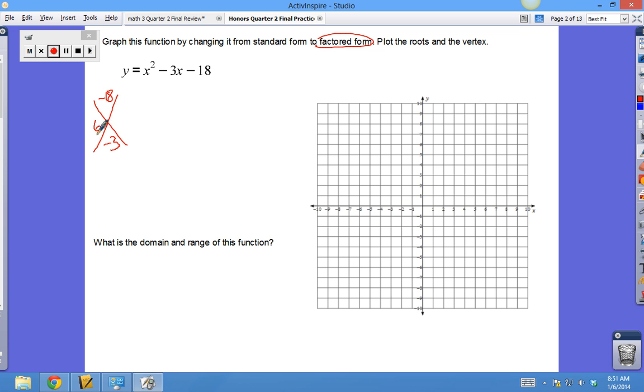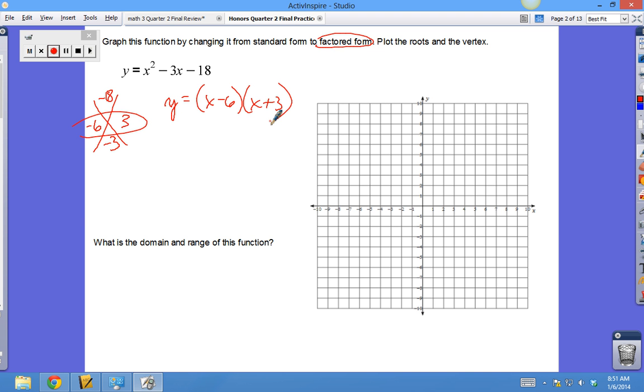I think a 6 and a 3 is going to be 18, and I want the 6 to be negative. Negative 6 times 3 is negative 18. Negative 6 plus 3 is negative 3. So there we go. I'm going to change this from standard form to x minus 6 and x plus 3. Okay, now